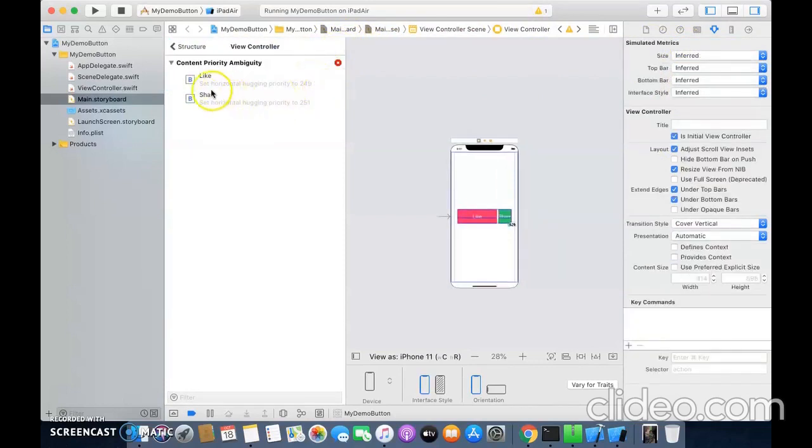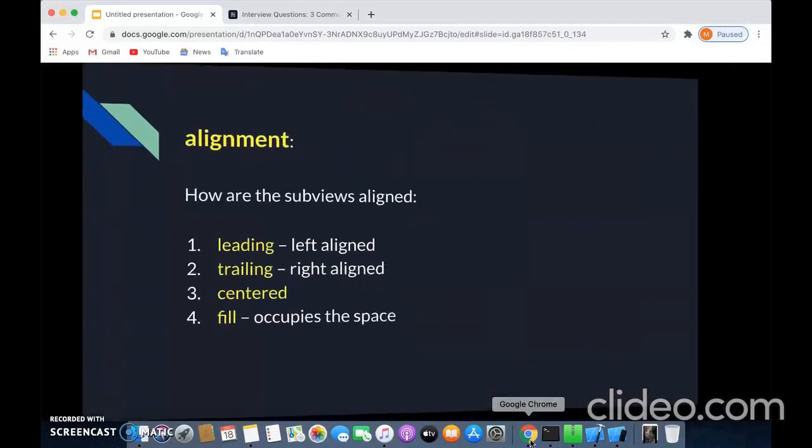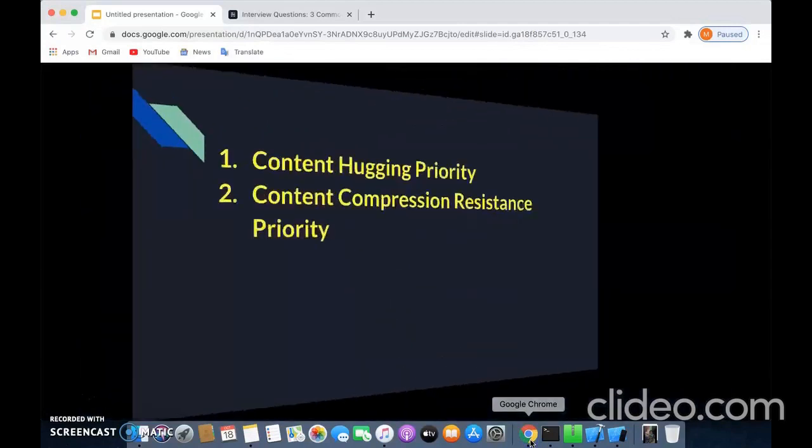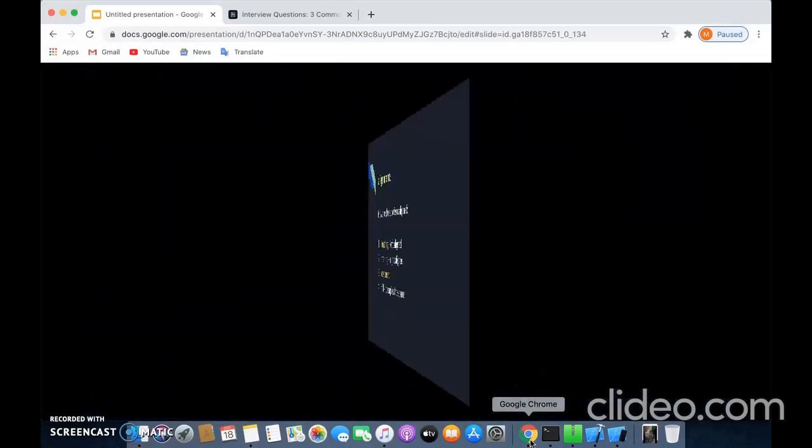It is saying to set a horizontal hugging priority to 249 for the like button and set the horizontal hugging priority to 251 for the share button. So for that we will discuss these two properties of auto layout, that is content hugging priority and content compression resistance priority. So let us start with content hugging priority.